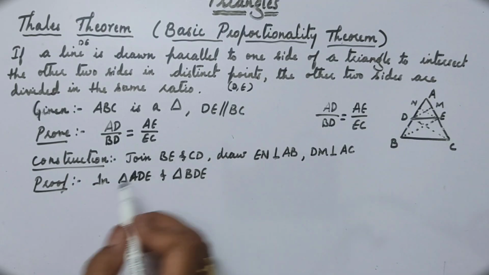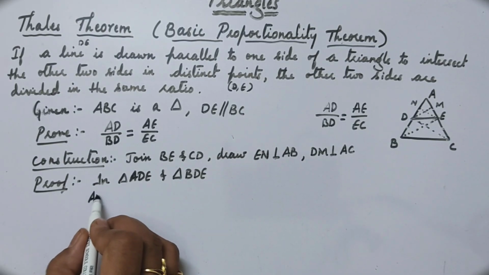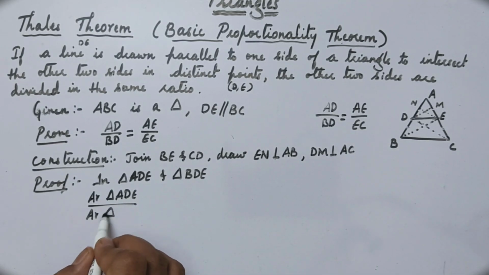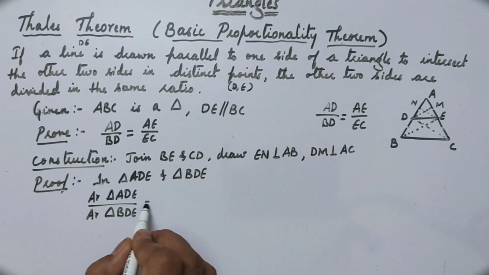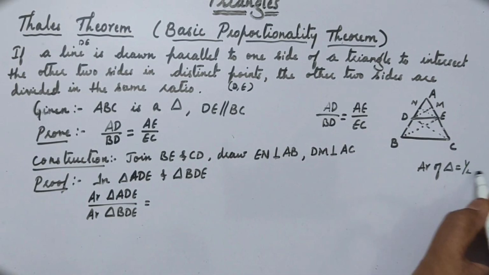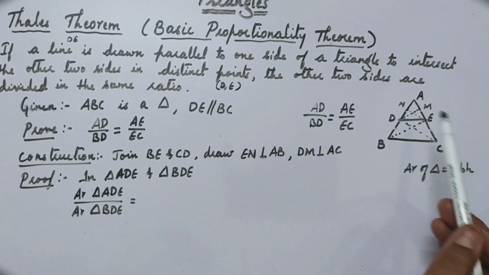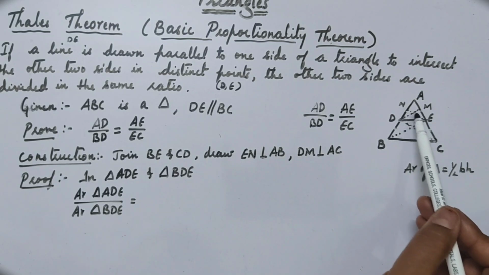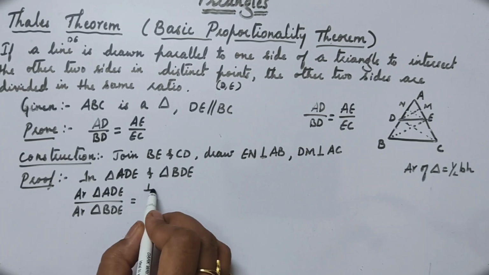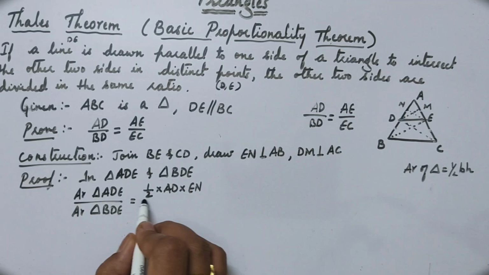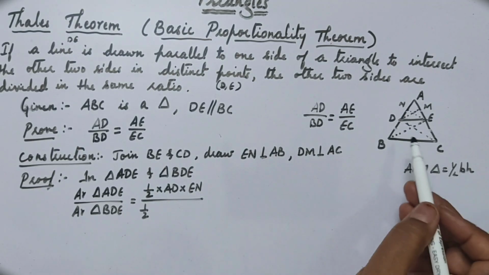Okay, so we know the area of triangle ADE by area of triangle BDE equals, we know the area of a triangle is half into base into height. Now in this triangle you can see the base is AD and the height is EN. Can you see this? Base is AD and height is EN. So let me write here: half into base AD into height EN upon half into, now base,